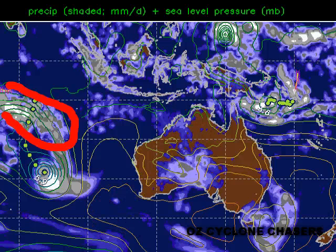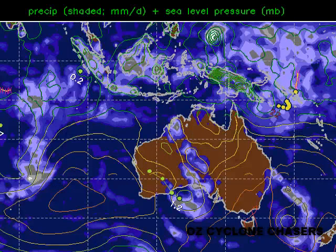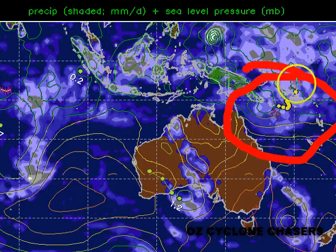Now I'll show you some of the OLR diagrams, outgoing long wave radiation diagrams for those particular systems, just so you can tell what I'm talking about a little bit clearer. And last but certainly not least is the European model, and the European model also sees that the system in the Coral Sea pushes in a westerly direction, although the European model is much less interested in developing this into